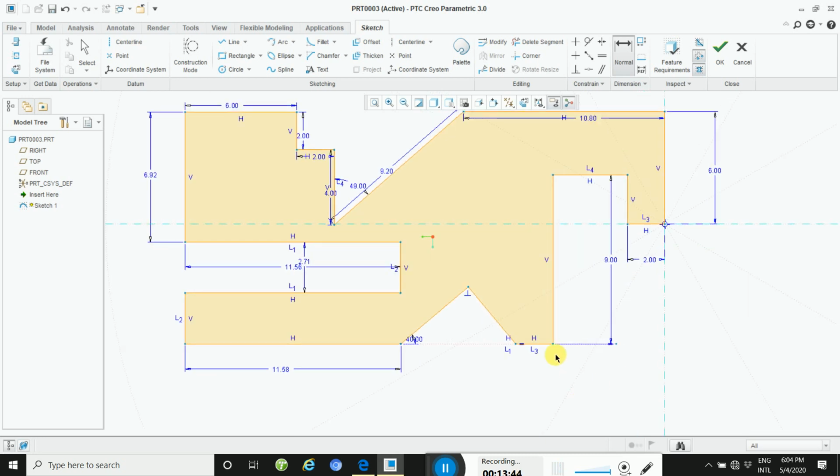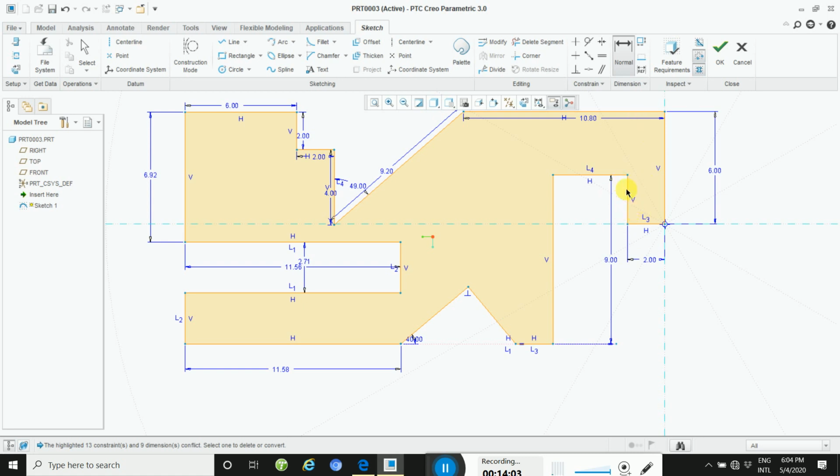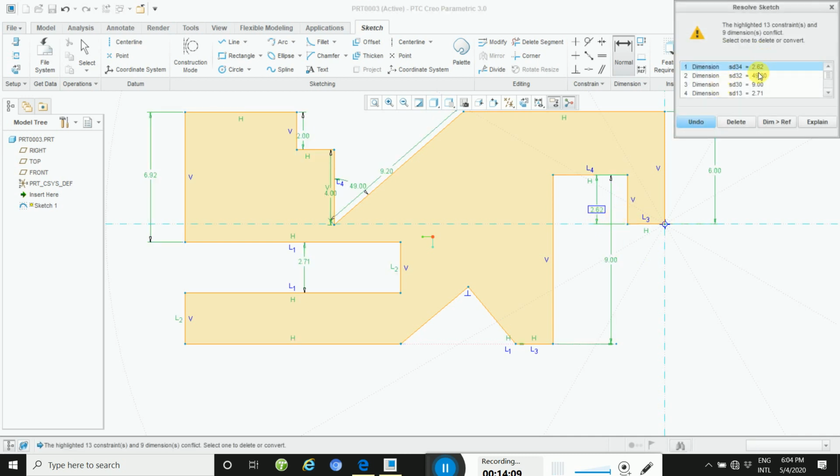So define the height here and here and here. Click this point and then the mouse middle button. Again 49, deleted.